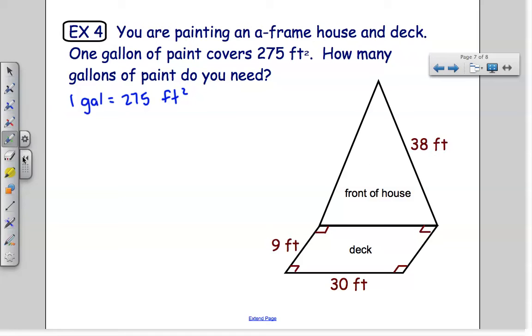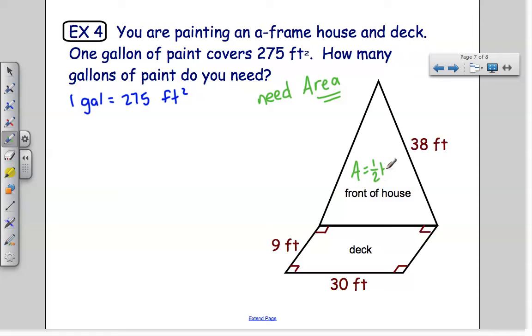Well, if you think about it, if you're painting, what kind of measurement are you looking for? And this gives you a hint with the feet squared, but I need area, right? If you're going to cover space, you need to know how much space is inside the thing you're covering. We need area here. So I need the area of the front of the house. I need the area of the deck. I guess the problem here is that the front of the house is a triangle, and I know that for the front of the house here, if it's a triangle, the area of a triangle is 1/2